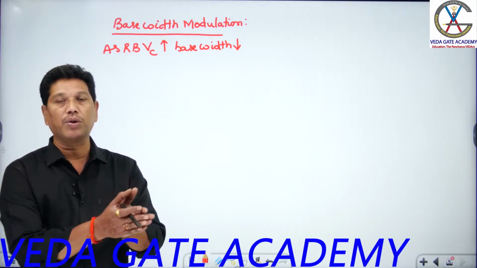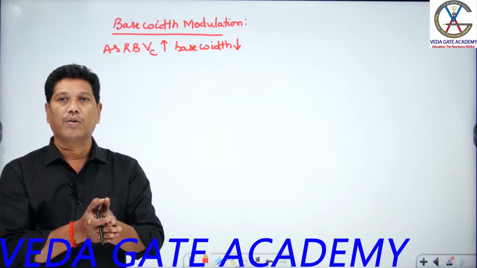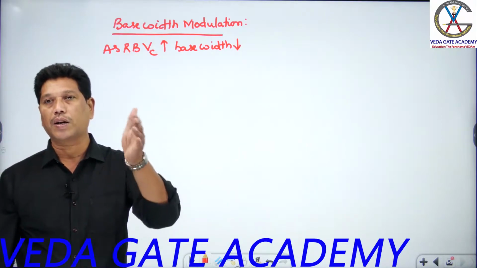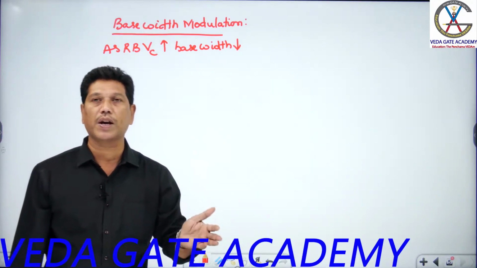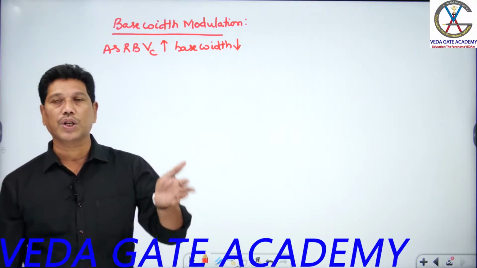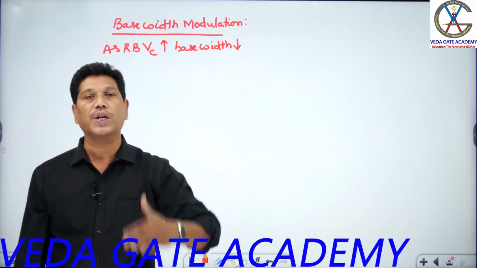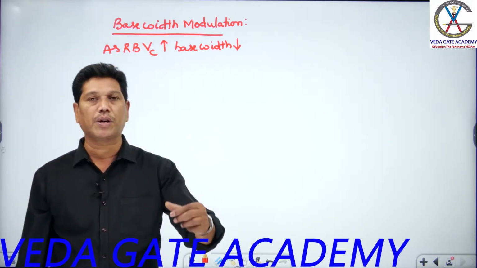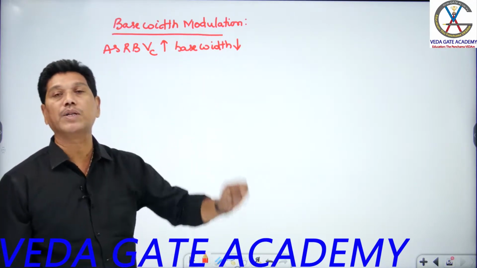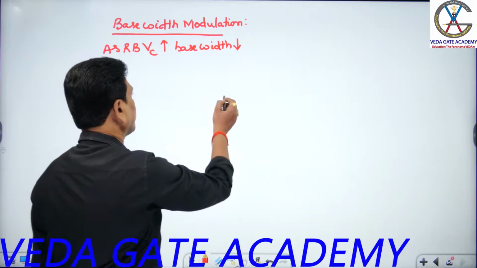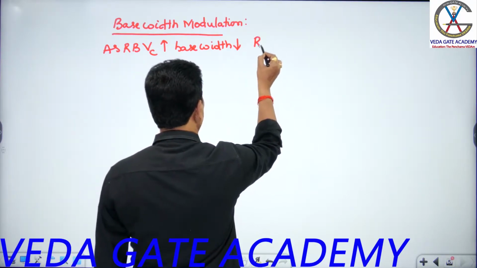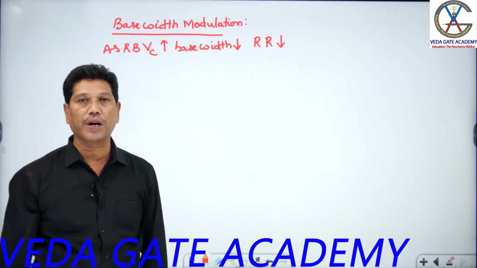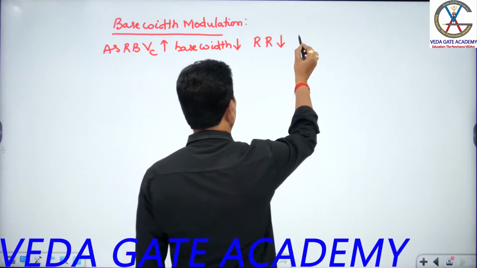So due to the base width modulation, you find there is a decrease in base current, right? What is the decrease in base current indicating? The injection of carriers into the collector region from the base is more. The carriers that do not recombine can be injected into the collector, so the injection of carriers from base to collector increases, thereby the injected collector current increases, students, such that there is a little bit of increase in collector current by the output supply also, you can call. That is discussed by base width modulation. So the base width decreases, you can call. The decrease in base width, what do you say, students? The recombination rate decreases, so the decrease in recombination rate can decrease the base current, students.